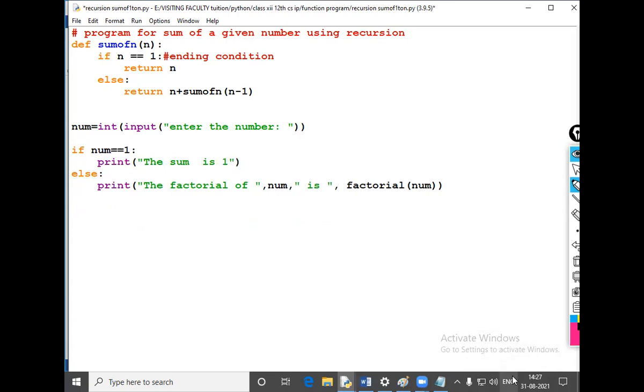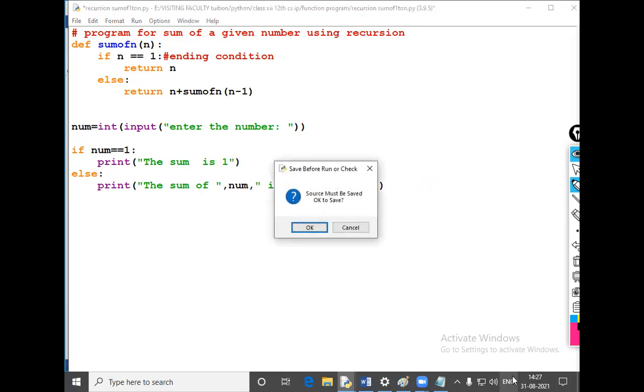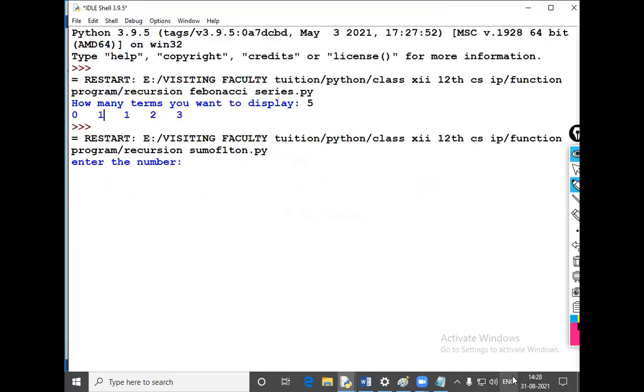Else, sum of n. Now compile it and check whether it is running properly or not. Fine.